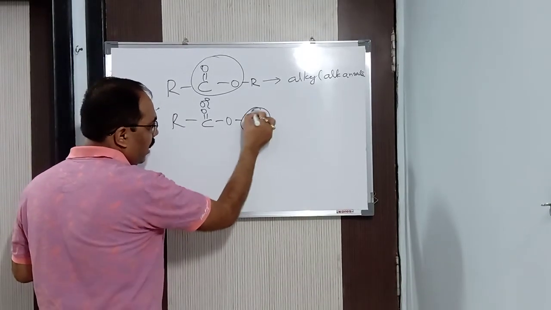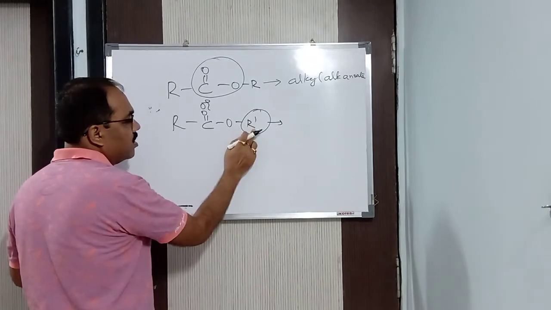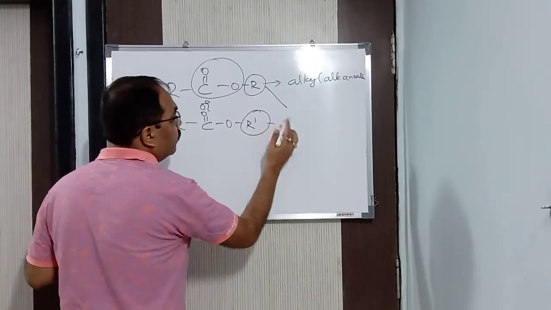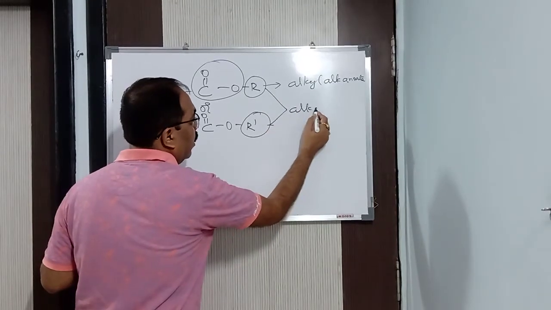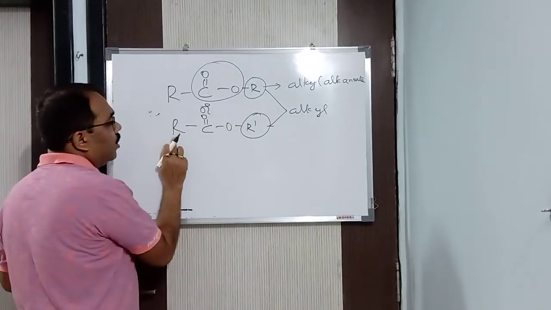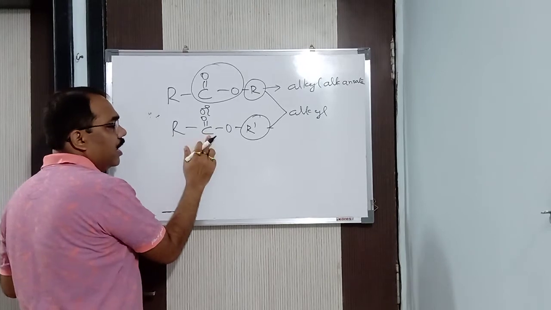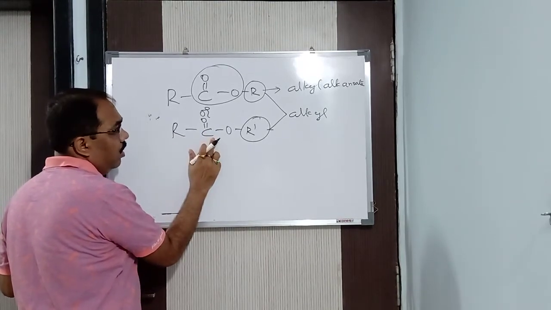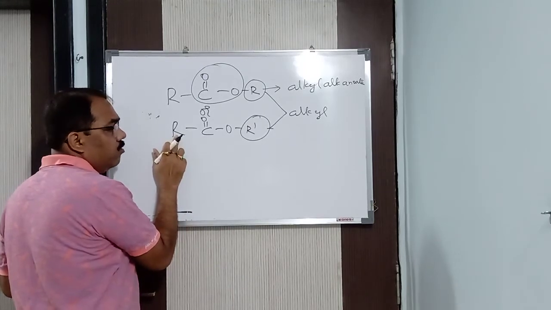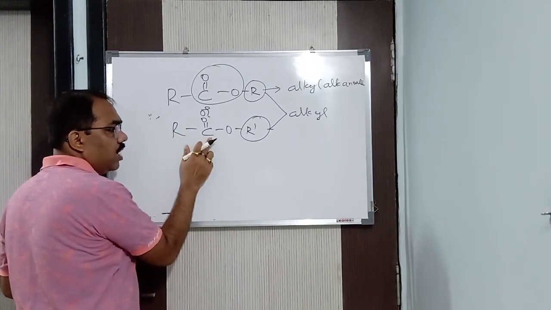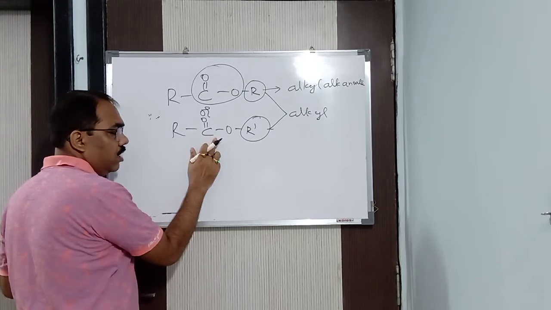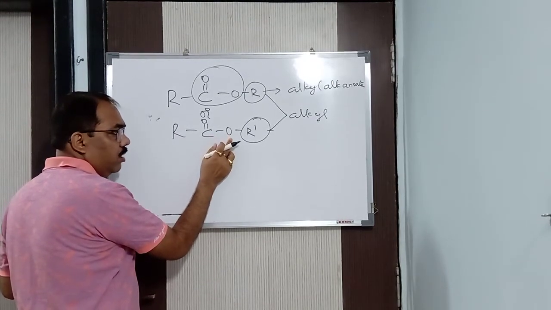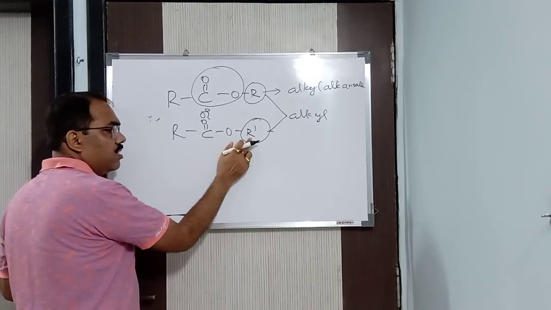So this is your alkyl. Out of the two alkyl groups, this alkyl we take. This particular one is your alkyl, not this. Why? Because this particular alkyl group is attached to the carbon atom, so hence this is your longest chain. Here the longest chain breaks because oxygen is coming in between. Understood? So hence we take this as the alkyl group.